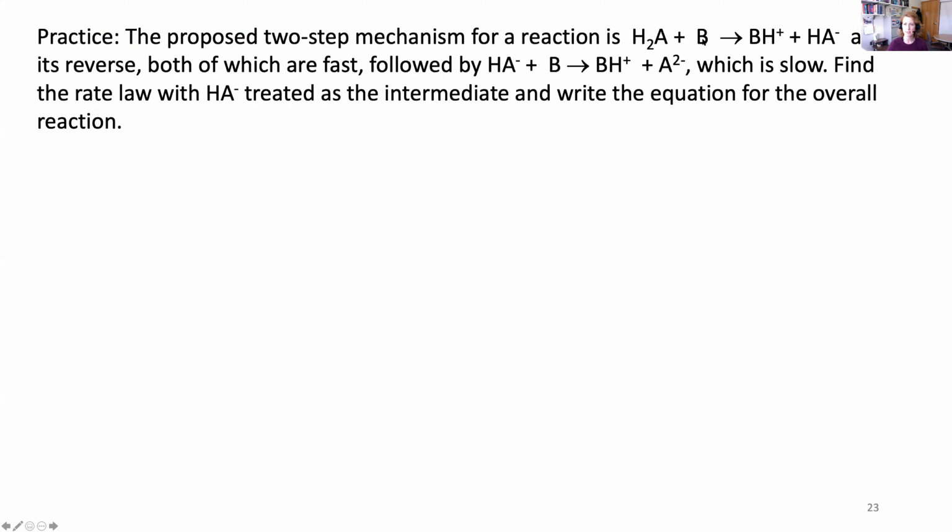Okay, so here's our proposed two-step mechanism. We have H2A plus B, and that goes to BH plus HA minus. What does this look like? This looks like an acid-base reaction. So I have an acid, a diprotic acid, and a base, and I form the conjugate acid of the base, and